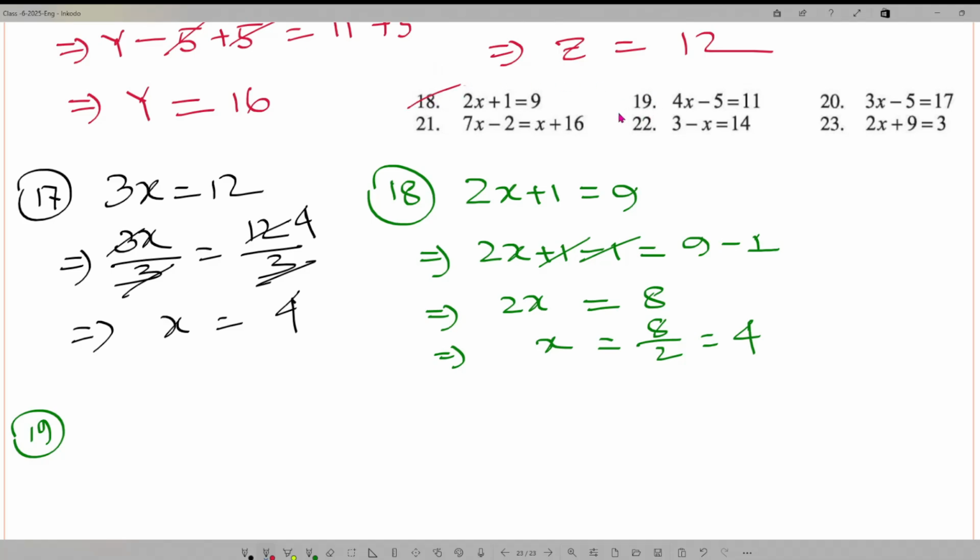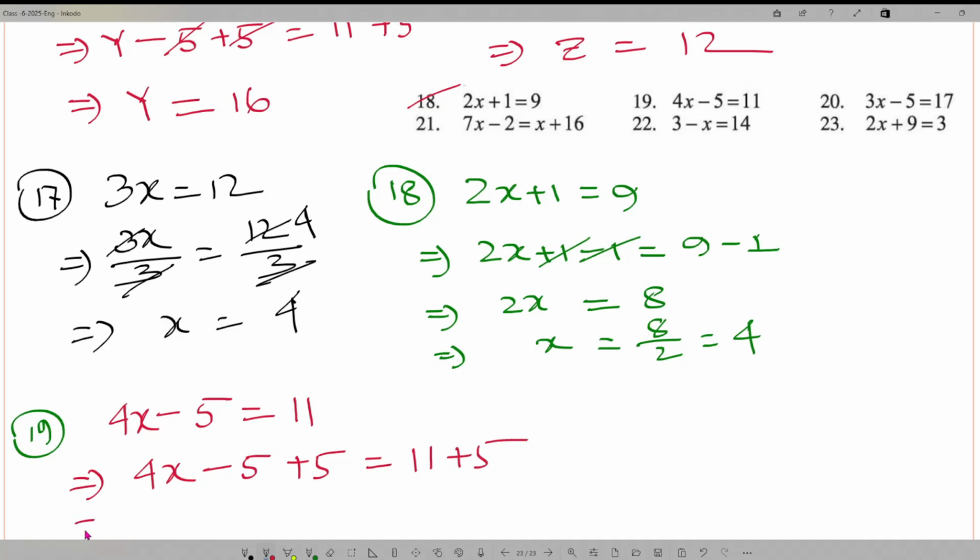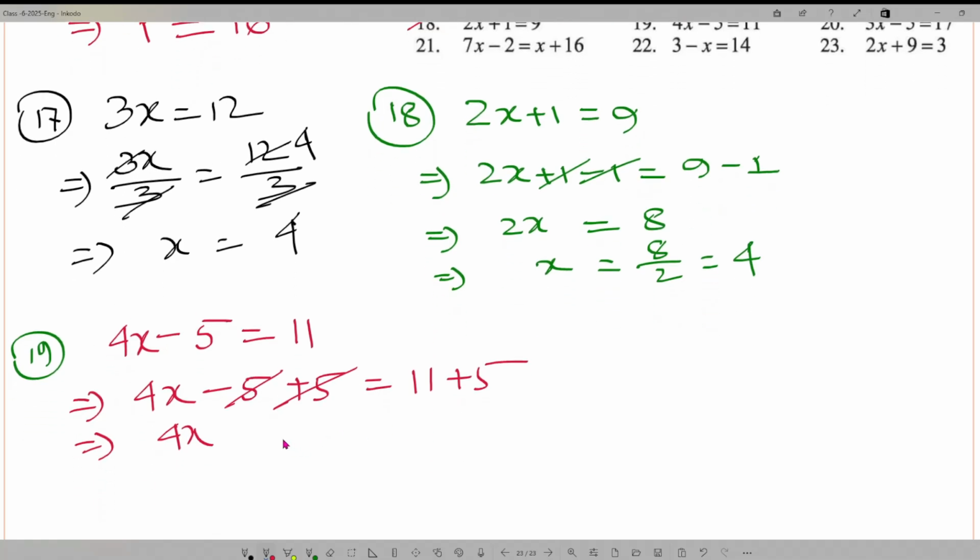Number 19, so here 18 done, and here is 4x minus 5 equals 11, so 4x minus 5 plus 5 equals 11 plus 5, right? Then minus 5 plus 5 cancel out, and here 11 plus 5 is 16, so we divide both sides by 4, so x equals 16 by 4, it means what? 4. This is our answer. Number 20,